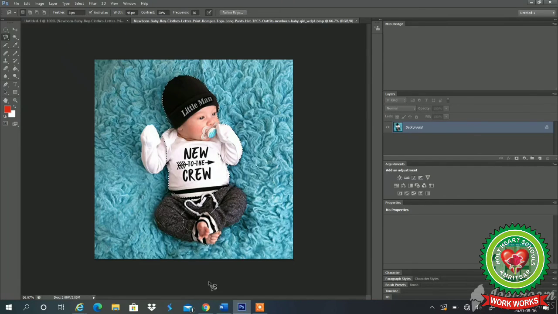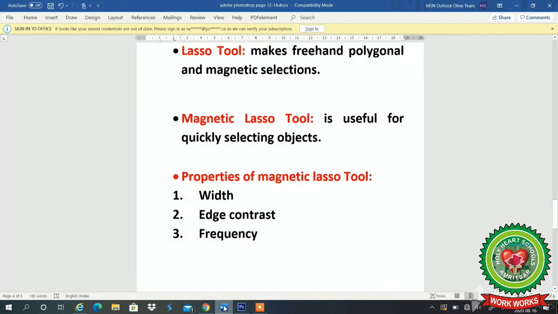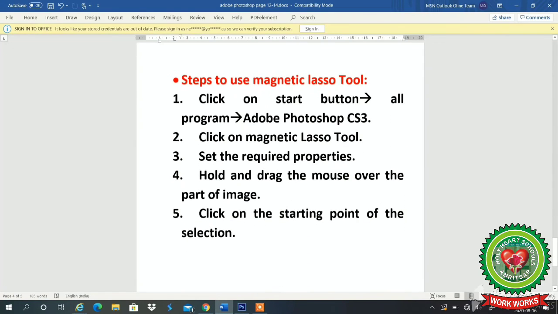Now let us discuss its steps. How to use the magnetic lasso tool? For that we are having steps. Click on the start button, All Programs, Adobe Photoshop CS3. Click on the magnetic lasso tool. Set the required properties.